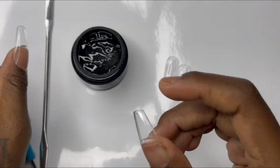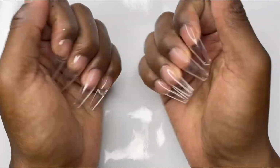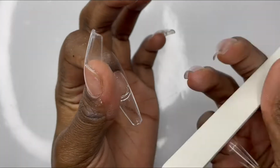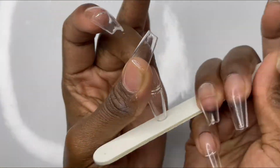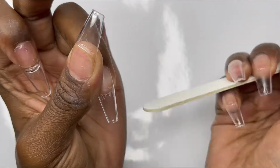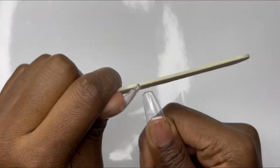So our nails are applied and they are secure. I absolutely am in love with what we got going on right here. So now I'm gonna go in and file the free edge of the nail so we can get into this design. Now I just did a clear matte frost type of nail with some rhinestones